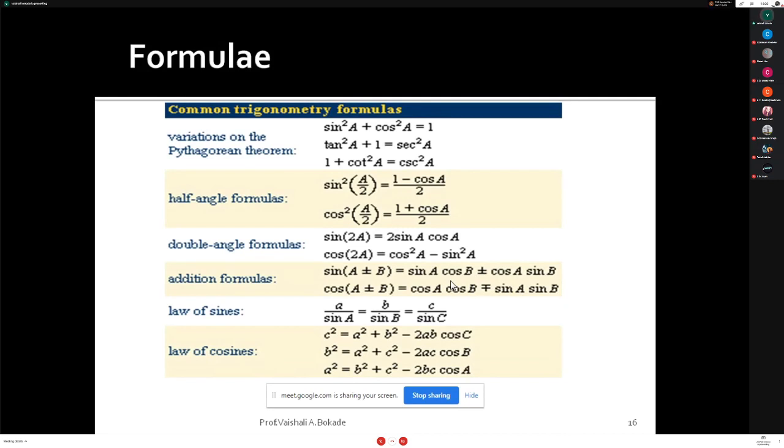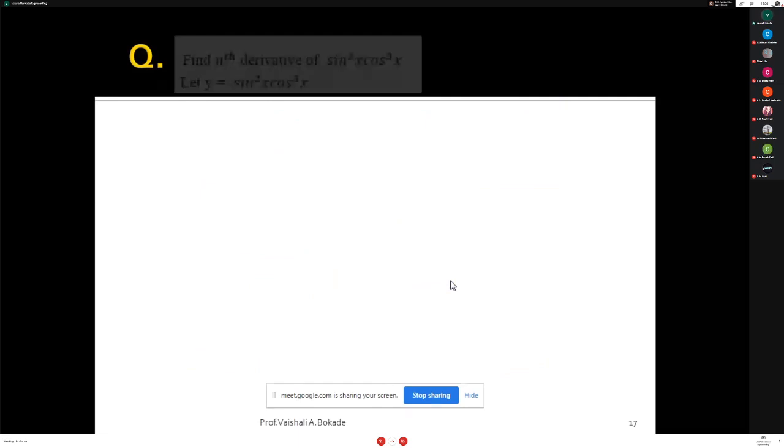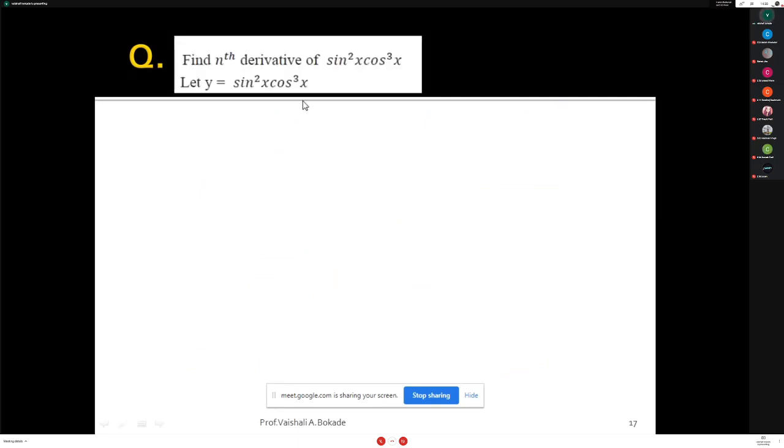Yes, and now I have to proceed for the example here. See, whenever I'm having this pattern of example, it may be asked for 5 marks in question number 1. Generally, one of the successive differentiation examples will be asked in question number 1 for 5 marks, and Leibniz theorem examples will be asked for 6 marks there. Yes. So see, I have to find the nth derivative for the given function. Let me consider that function is y. It is in terms of trigonometric form: sine square x into cos cube x.